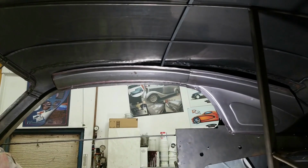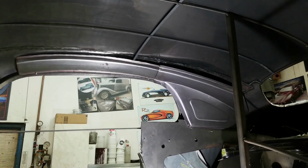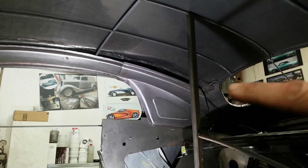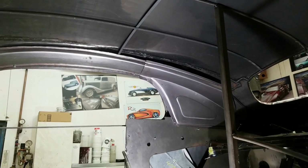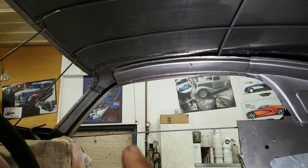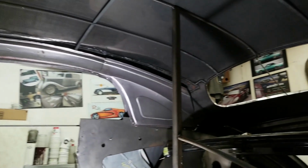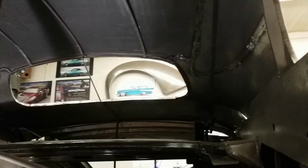Hey, look at that. Flick a switch and the light comes on. So as you can now see, we started the first two pieces over the passenger side area there. The rear sail panel piece as well as the one over the door. And right now they're only pinned on with screws, so they're not 100% aligned to where they have to be sitting. We still have to create the A-post pillar sections, a beam across the top of the windshield there, as well as a beam across the back window, one that drops down to the rear deck, and one over the side